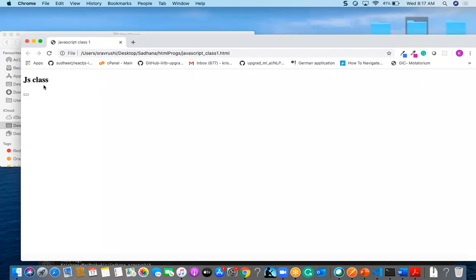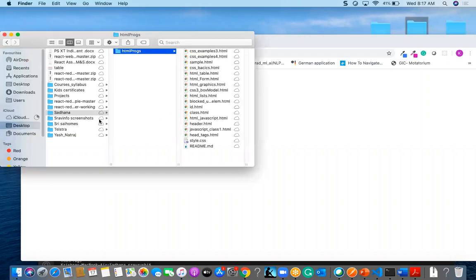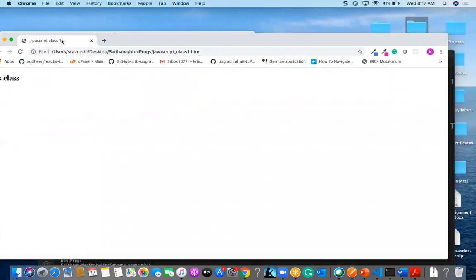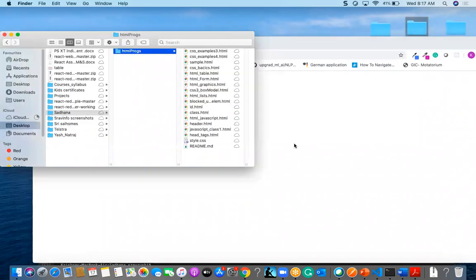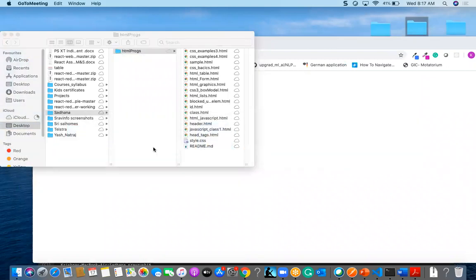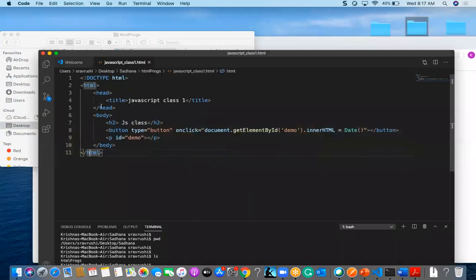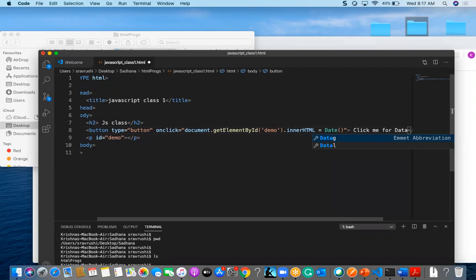Now you can find the JS class, the title that we gave, the header class, and the button. But I should mention some text on this button, so I am going to write click me for date.